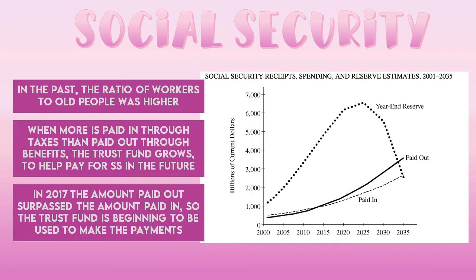Americans. As we've talked about, Social Security has a dangerous future here. In the past, the ratio of workers to old people was higher, and so there was a lot more being paid into the program than was being paid out. So there was a lot more coming in through taxes because there were so many more workers. And now, as the number of people being paid increases, the amount being paid out is increasing faster than the amount being paid in. So about the end of 2017, early 2018, the amount paid out started to surpass the